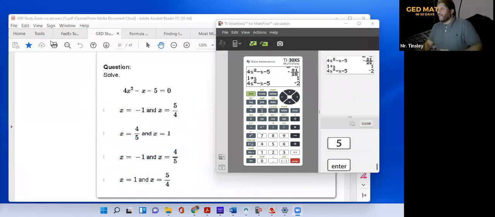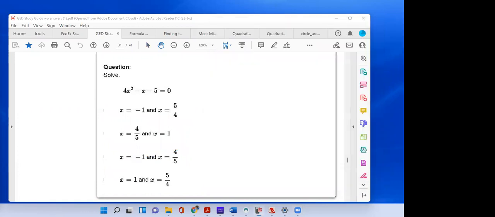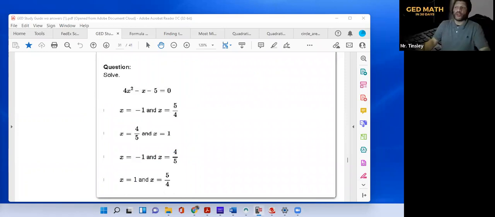Okay, well, Mr. Tinsley, what if they give you something like this? So let me do this problem real quick. For factoring, I'm going to give you one for factoring, so you can see there's multiple ways to solve it. Let me show you something. Say if they gave you something like this, say if they said factor